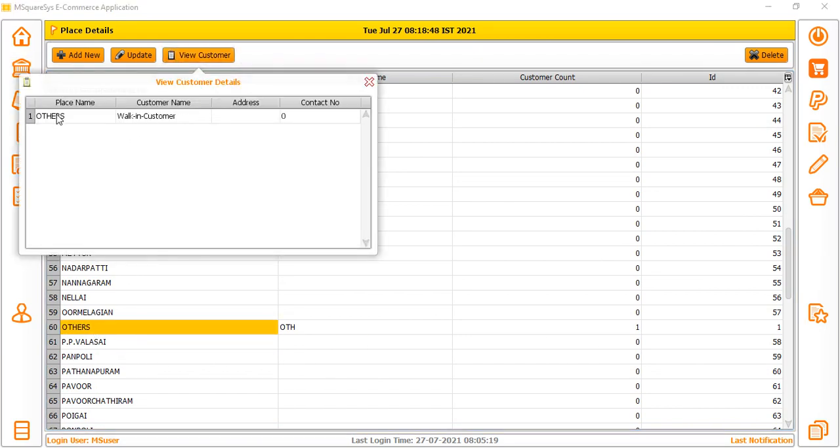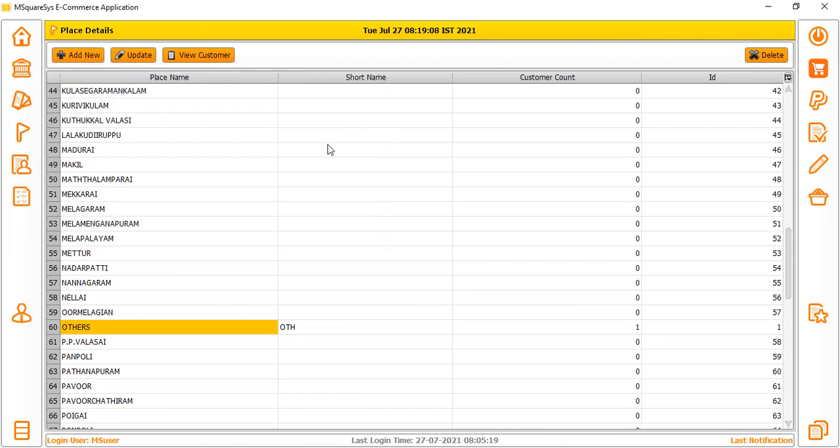If you don't know the person, I mean this is like a general customer, so I kept it under the place name others and customer name walk-in. Generally we need not keep track of their balances and account related information, so order the item to the general customer or walk-in customer.